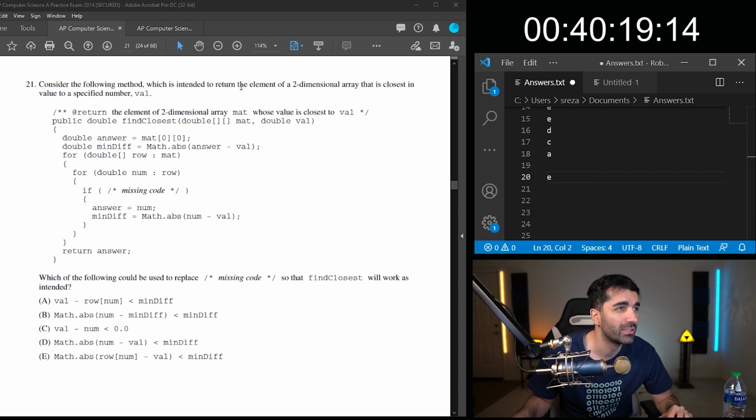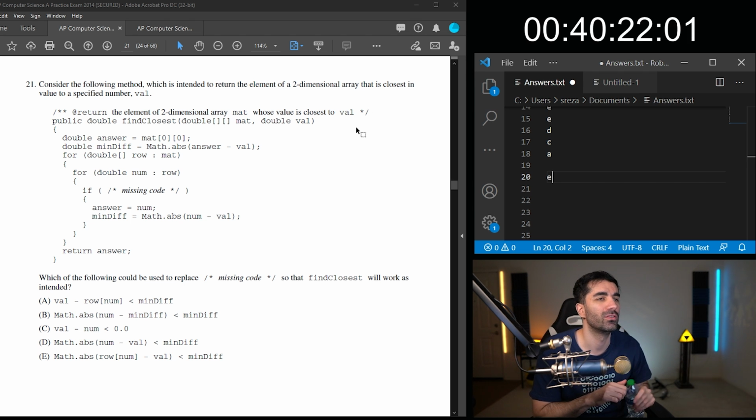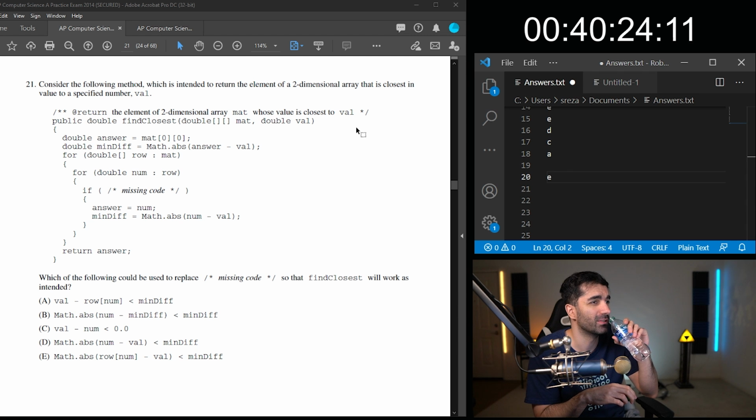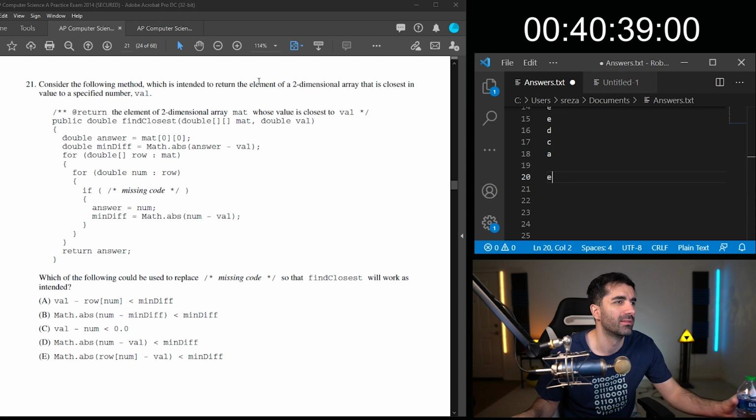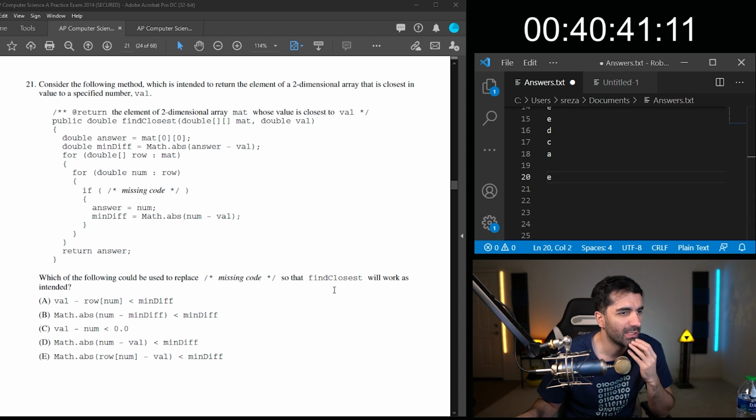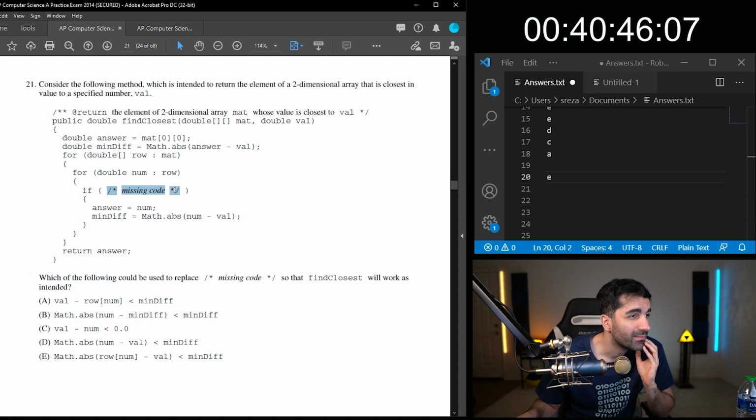Consider the following method, which is intended to return the element of a 2-dimensional array that is closest in value to a specified number val. Okay. Which of the following could be used to replace missing code so that find closest will work as intended? So you have answer, which is math, it's the first index.